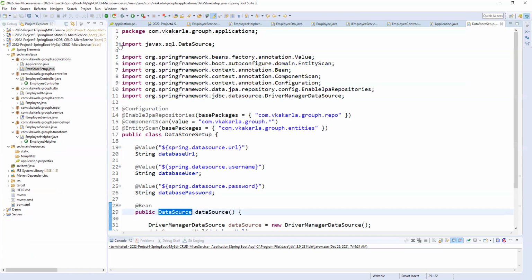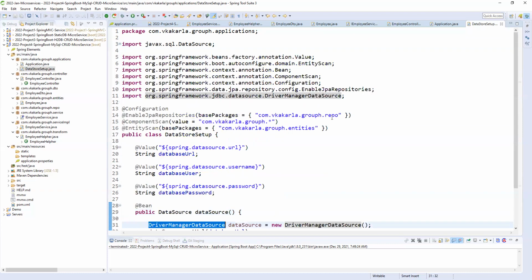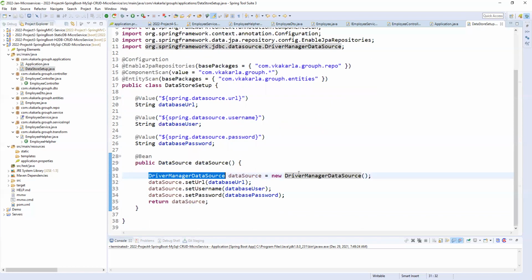Here you can see the data source object, the SQL data source, and we are using a DriverManagerDataSource class. This is Spring-related JDBC. So we are using JDBC and SQL internally, but even though we are using Spring Data, it will use internally whatever classes are required. The data source object will take care of the default connection pooling mechanism.